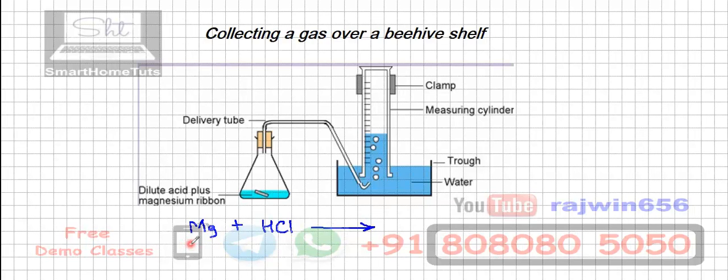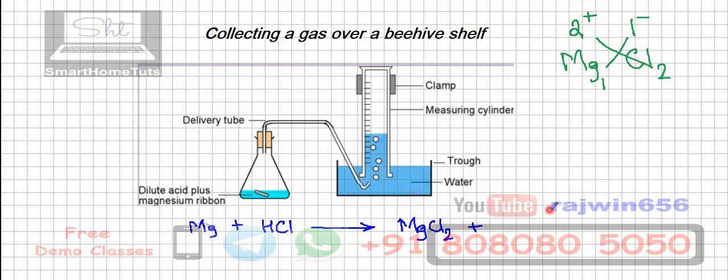Magnesium is Mg. If you look into the periodic table, it is in group 2, so its valency or oxidation state is going to be 2 plus. Chlorine is in group 7, so its oxidation state or valency is going to be 1 minus. If I exchange these, this 1 will be brought over here and this 2 over here. So the formula of magnesium chloride is going to become MgCl2.